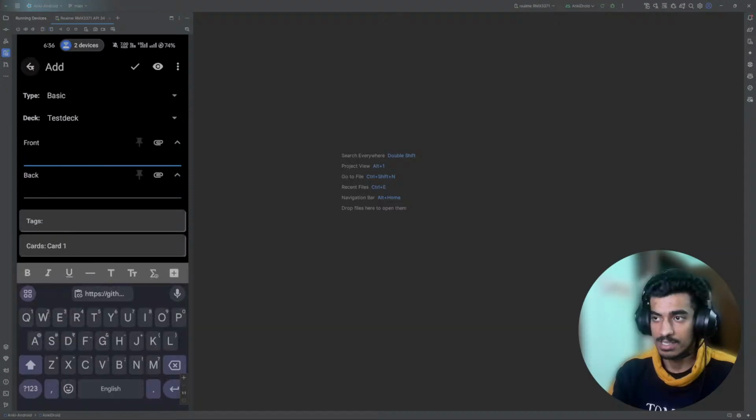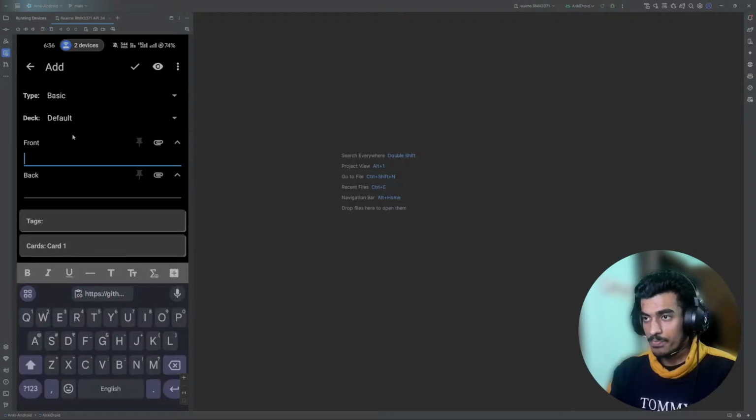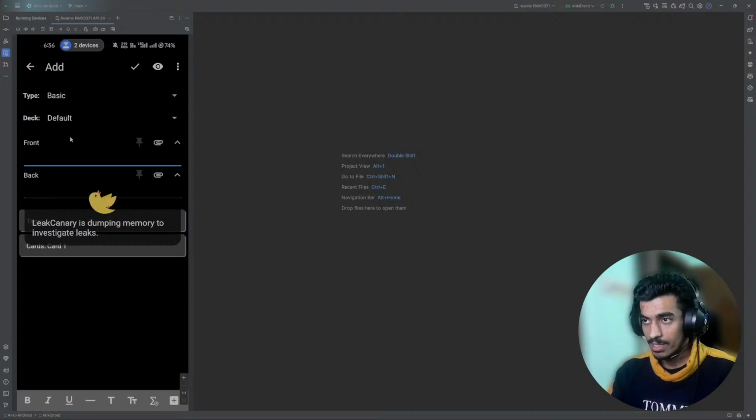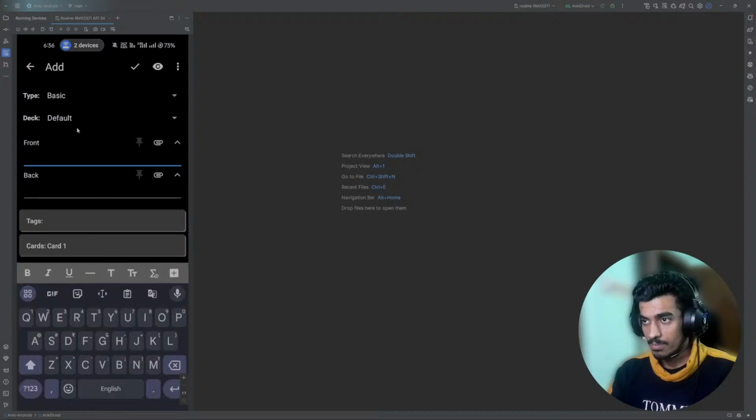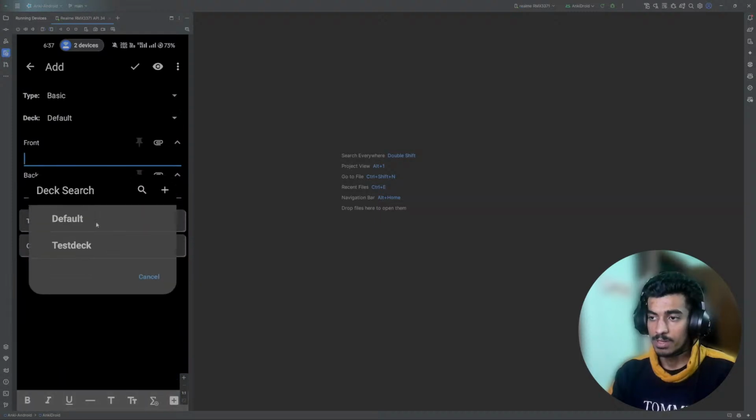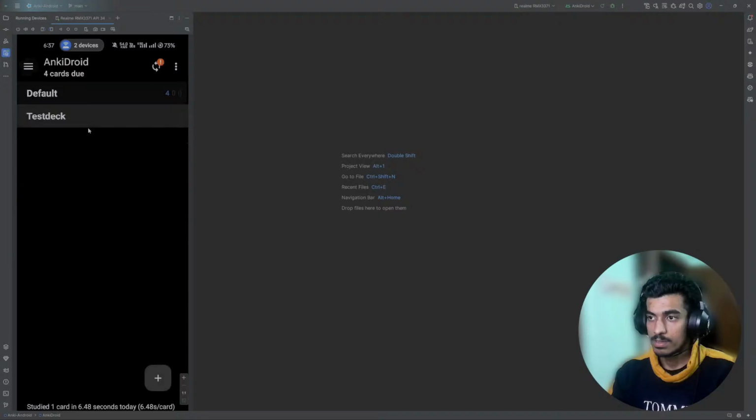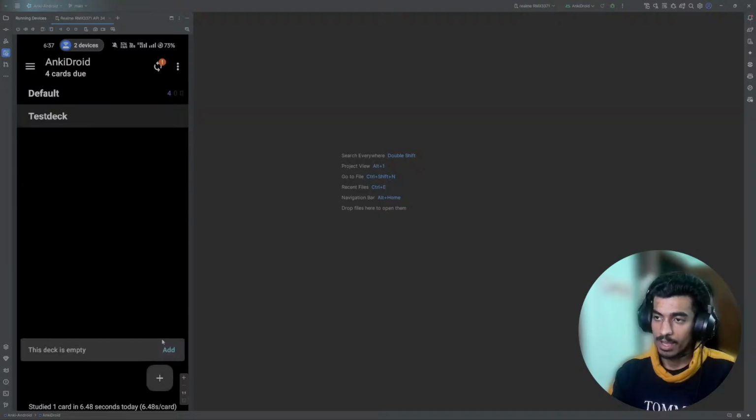Okay, let me test one more thing. If we are selecting the same value again, then nothing happens. But this deck can be opened multiple times. That's another bug that you can also report. If we click on it multiple times, this will be opened multiple times. Yeah, we can solve that another day, but today, if we click on add,